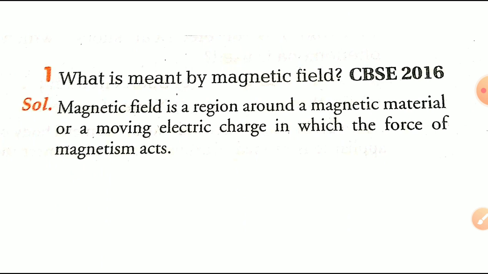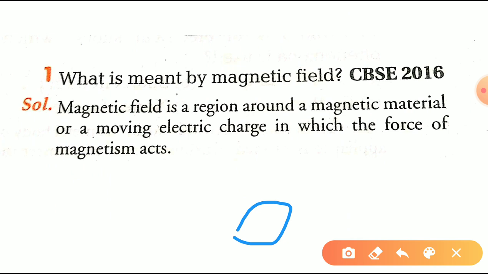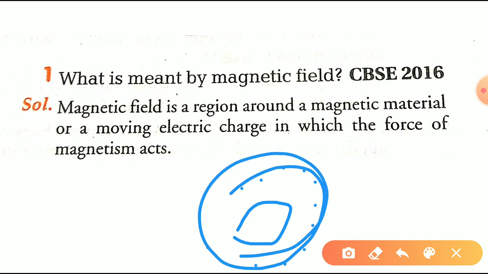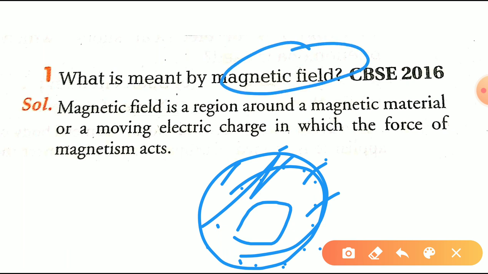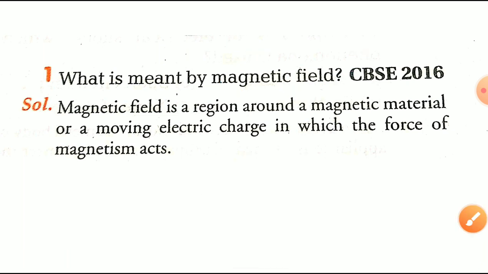Next, see, this question has been asked in 2016, just recent 3 years back. So what is meant by the magnetic field? Suppose this is a magnet, so the region around it, the space around the magnet, is known as what? Magnetic field. The field around the magnet is known as magnetic field,